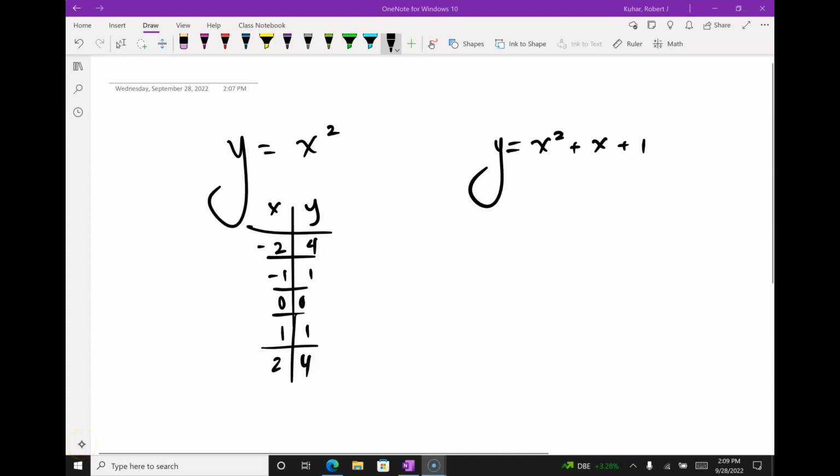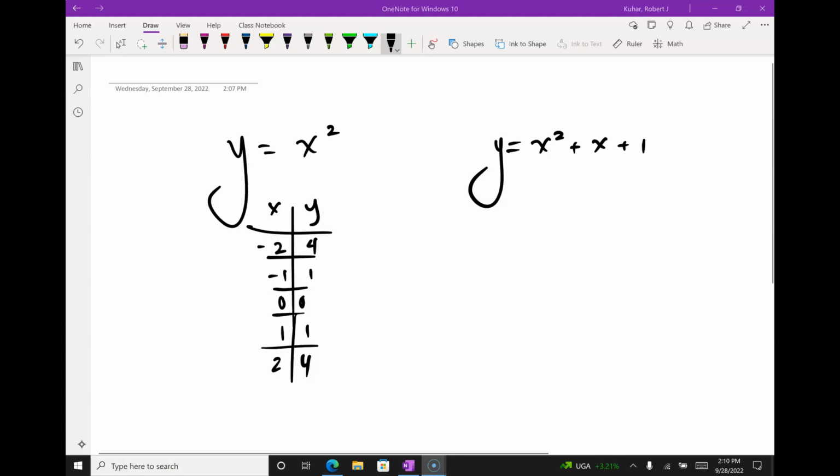This one is a translation. What do I mean when I say translation instead of transformation? It's just going to move the function. It's not going to stretch it or compress it, right? So I want you to show me the transformation of the mother function and then give me the new table,